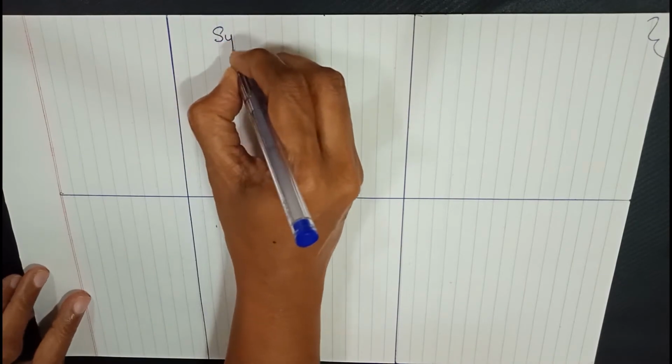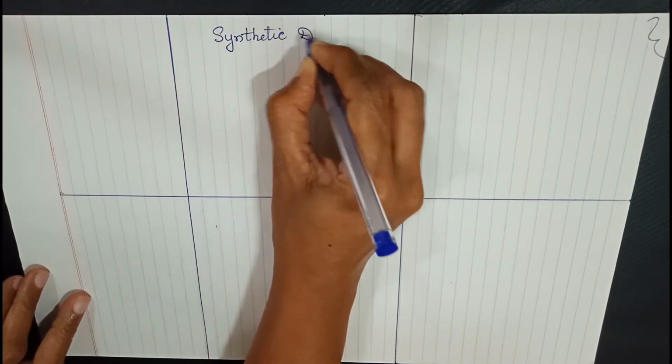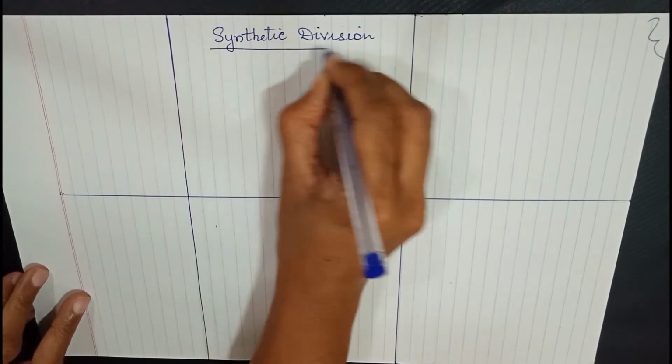Morning. Today we move ahead to the next topic, which is synthetic division. In the lower classes, we have learned how to divide a polynomial by a smaller binomial or a monomial. Today, for the same division, we will see how we can do it by a simpler and smaller division method, which is called synthetic division.